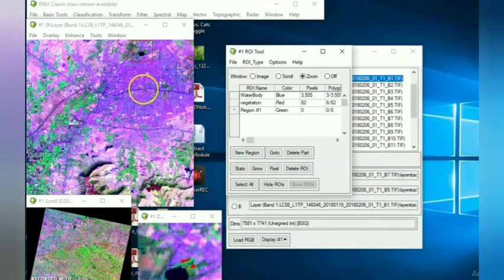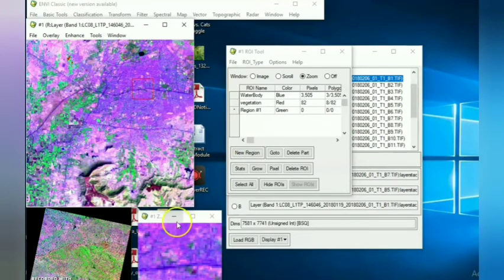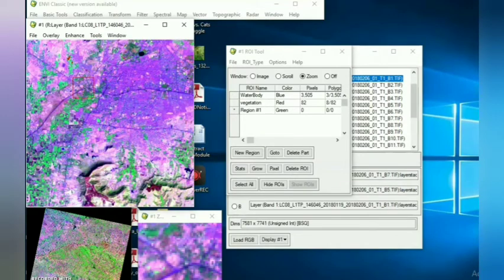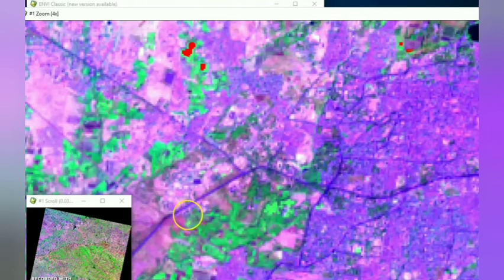Similarly, we'll see how to form a new region of interest. The quite dark or violet color lines are the roads.